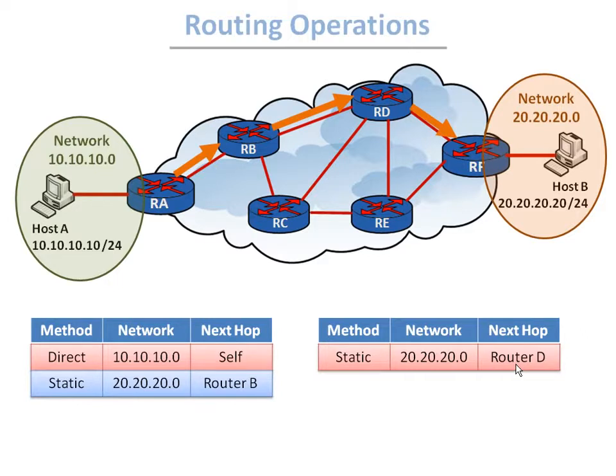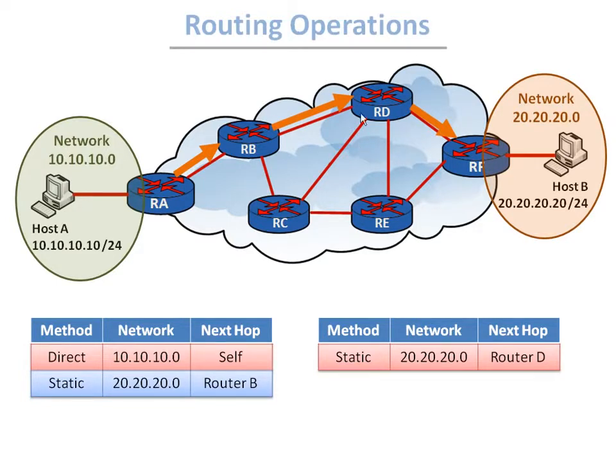The biggest one is their convergence issue. If the link between router B and router D were to fail, then all the packets for that network would be dropped, even though we can see from the topology that there is an alternative. So whenever there is a topology change, we have to go and manually adjust the routings, meaning manually adjust the static routes. The second limitation of static routes is that they are said to be unidirectional,